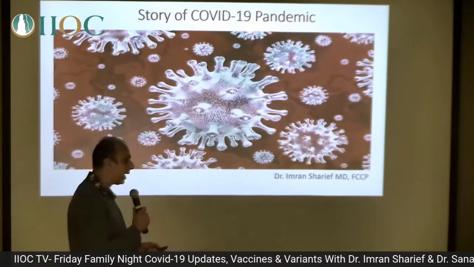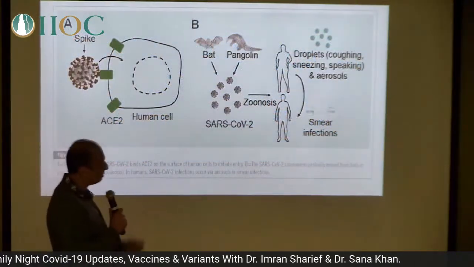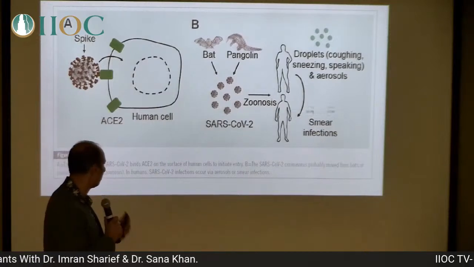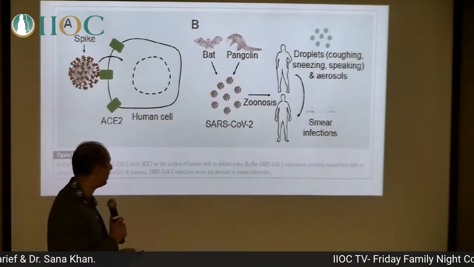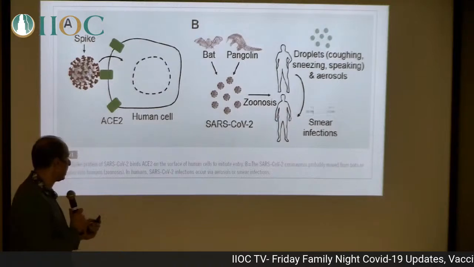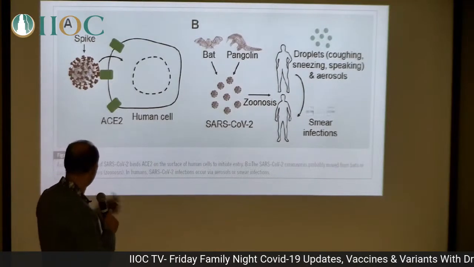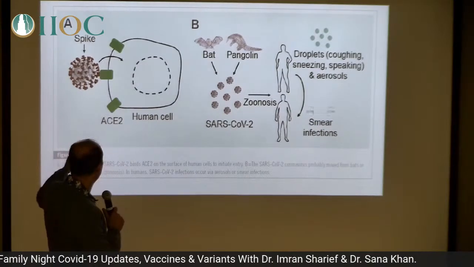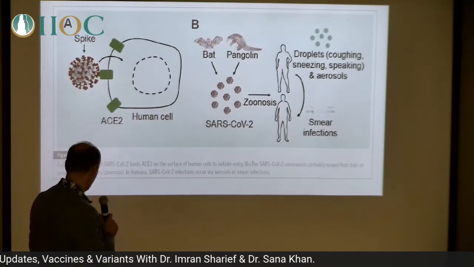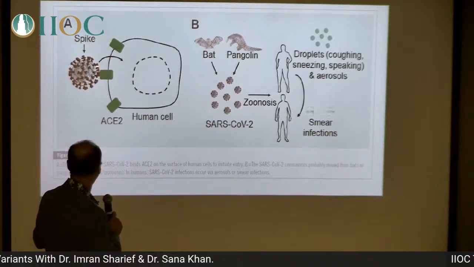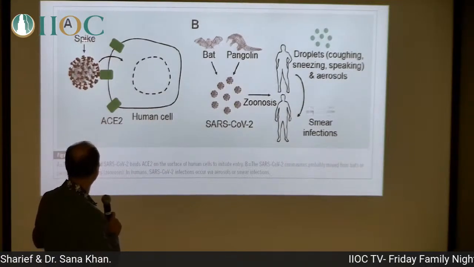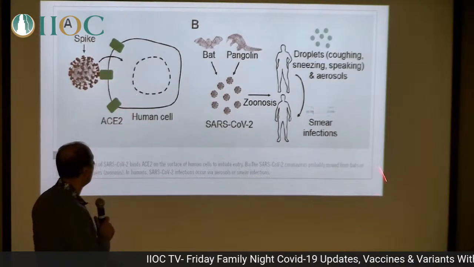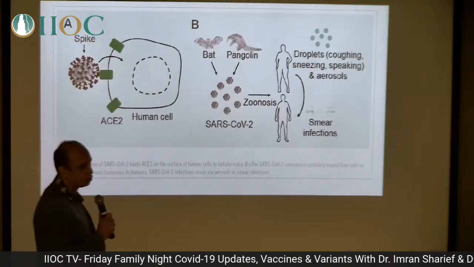So with that, Dr. Sana really presented the anatomy very well, so I'm going to go through quickly the part which he's already covered. This virus is, as Dr. Sana Khan has mentioned, something called a coronavirus, COVID-19, SARS-CoV-2. The reason it's called coronavirus is because it looks like a crown and you can see the spikes. So that's why the name came. And these are the ACE receptors, which Dr. Sana Khan mentioned. Now, these viruses are not new.